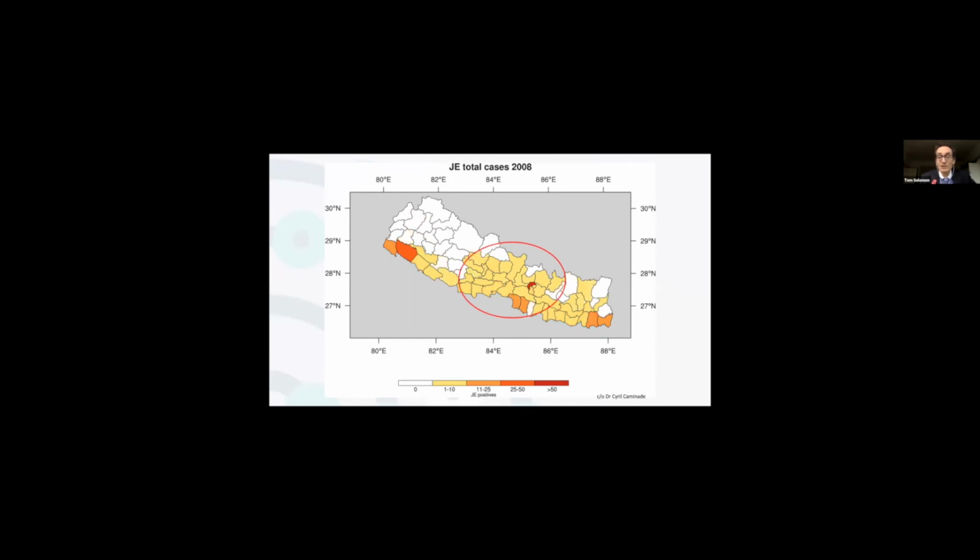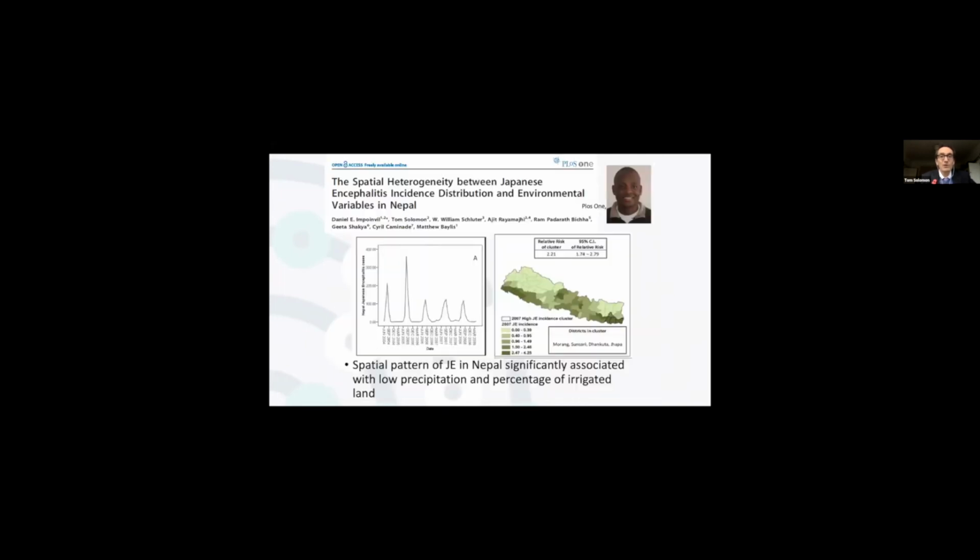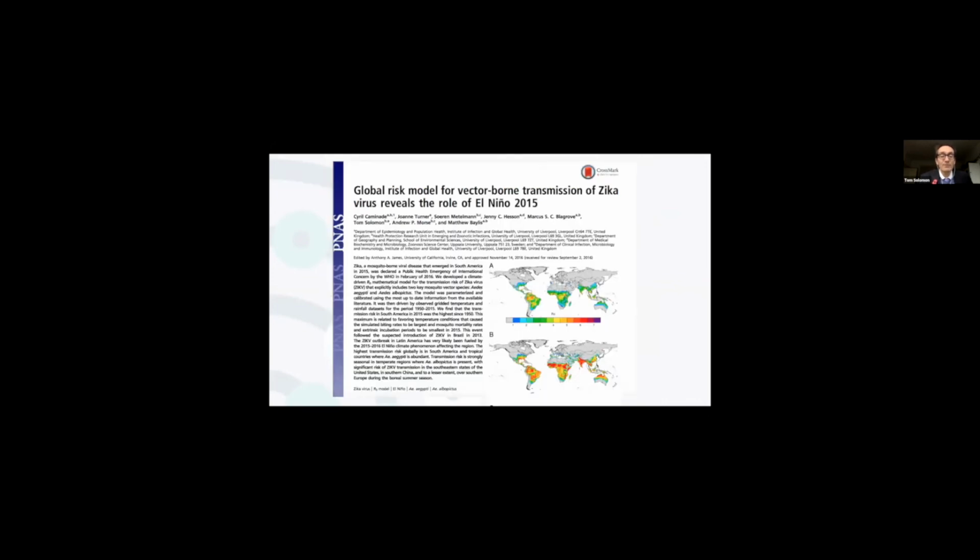And this, we think, relates to just a 1 degree temperature change in climate. Pretty topical this week, of course. Daniel Impoinvil and Matt Baylis looked at this more carefully and showed indeed that there are a range of factors contributing to the spread of virus in Nepal, including climate change, and also factors relating to irrigation, etc. That was pretty unsophisticated modeling, but just to show you that we have done slightly more sophisticated stuff since then, looking in particular at Zika and the role of climate events in precipitating the big outbreak of Zika in Brazil.